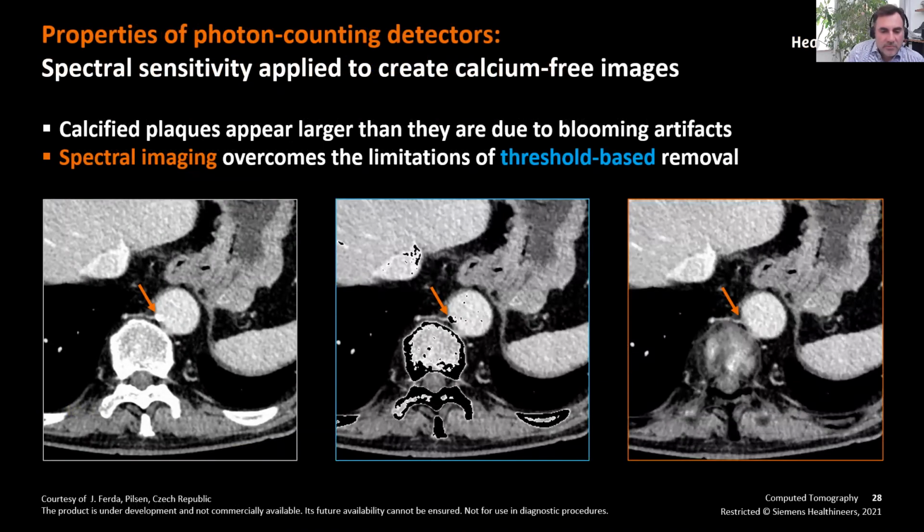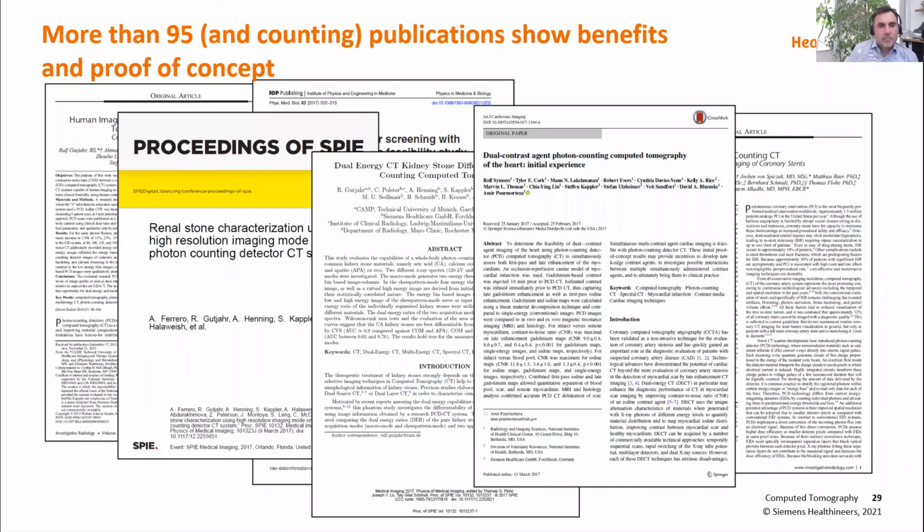So the calcium removal aspect is shown here again. In the middle, basically traditional approach, threshold based, and on the right-hand side, calcium removal using spectral information. So in every voxel, you can just remove the amount of calcium that is in that vessel and give you a clear view basically on the structures underneath. We have over 95 publications so far,